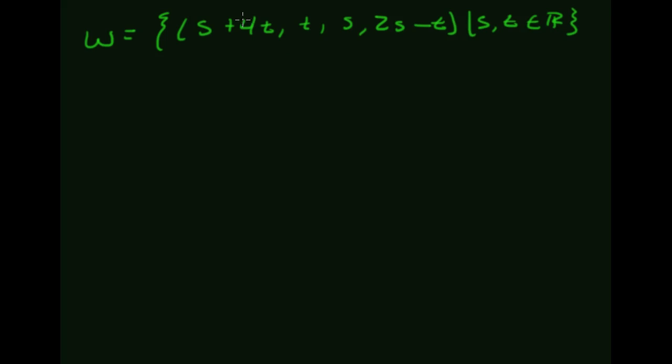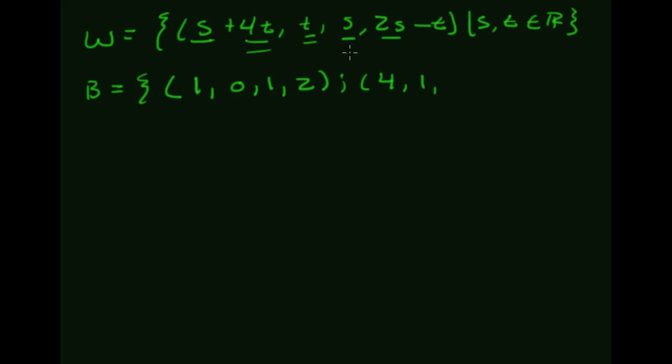So what I can do is I can create a basis with a vector for the S's, right? So this will be 1 here, 0 S's there, 1 S there, and then 2, 1, 0, 1, 2. And then a vector for the T's, 4,